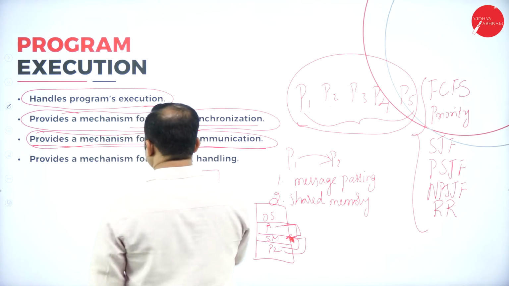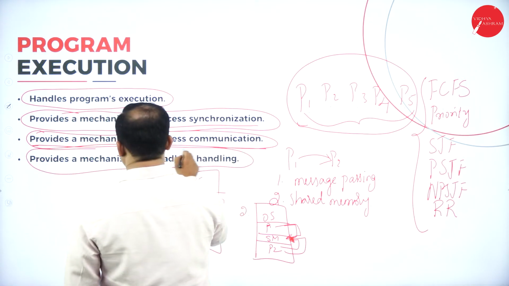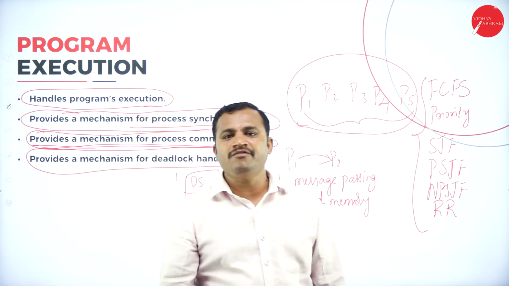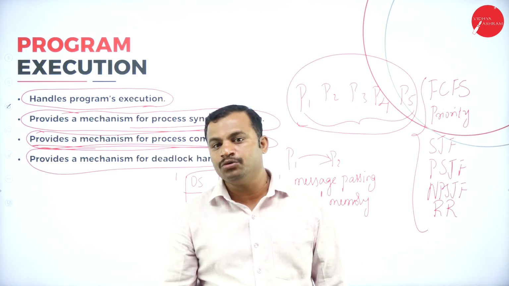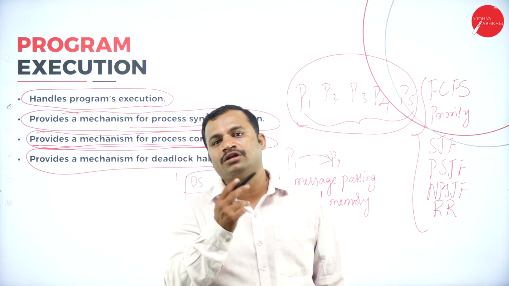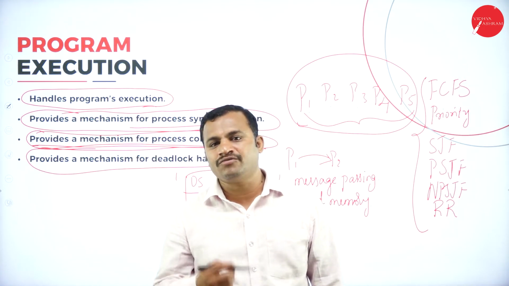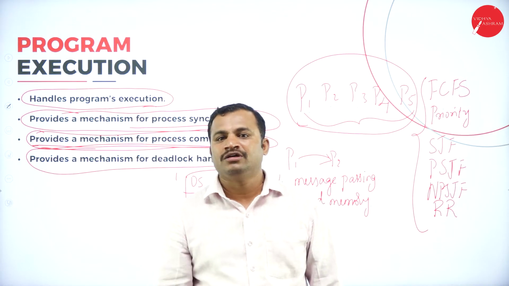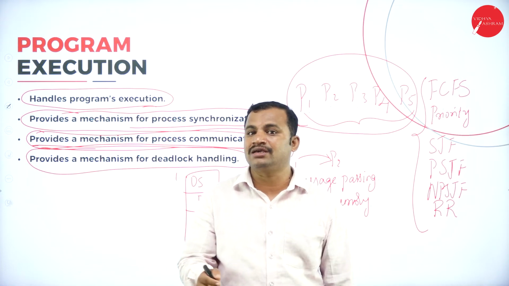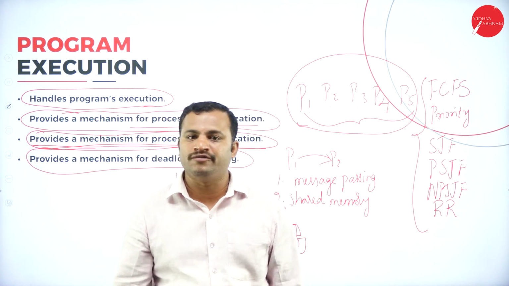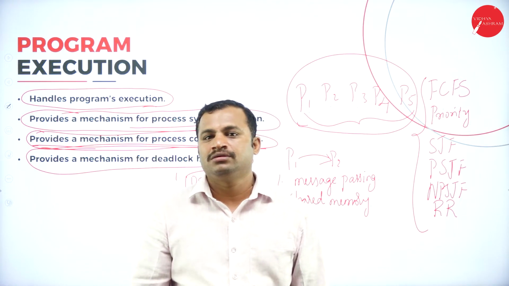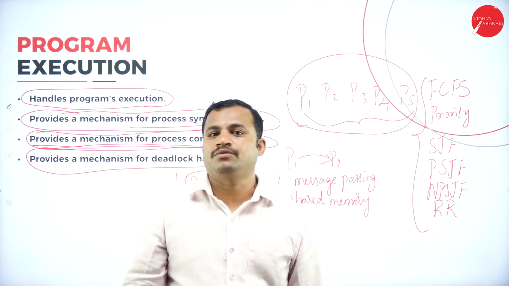If that is the case, it also provides a mechanism for deadlock handling. What is the meaning of deadlock? As I have already told you, P1 is waiting for some of the resources of P2, P2 is waiting for the resources of P3, and P3 is in turn waiting for the resources of P1. If that is the case, there would be a cycle in the graph that leads the processes to wait in a cycle, which results in the situation of deadlock. So that's why we state that the system is hung. We state that the system hangs up. What is the meaning of